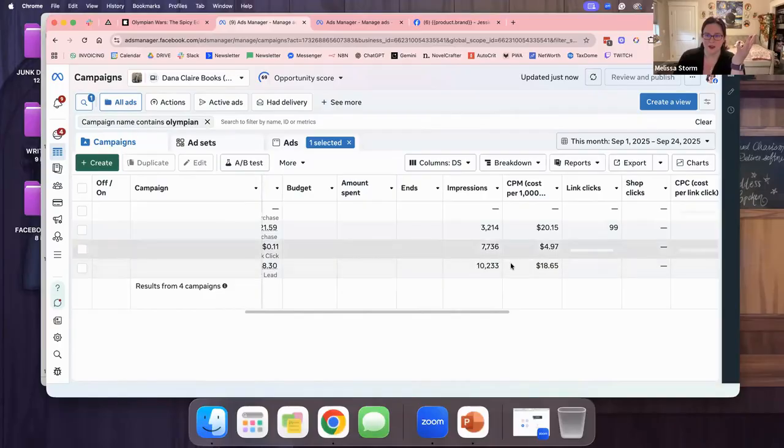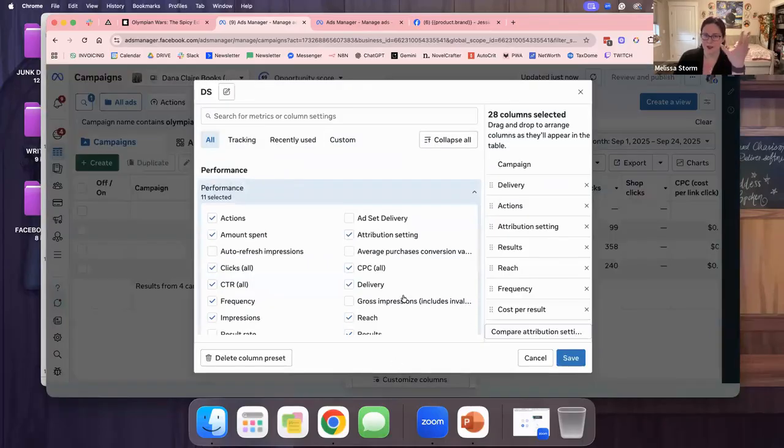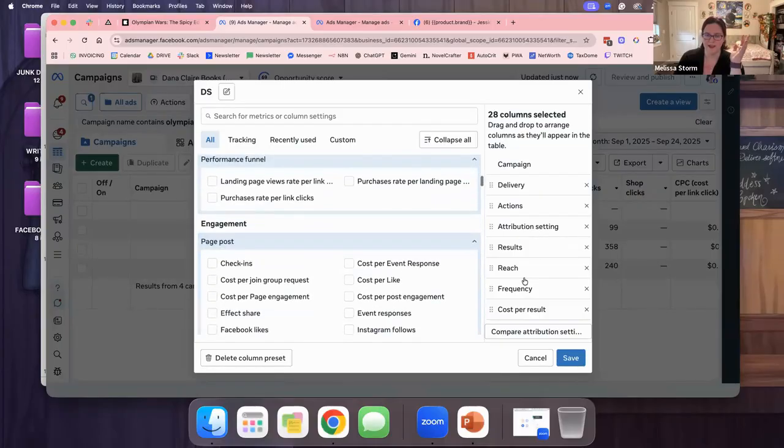And if we scroll all the way over, you can see that I have custom columns set up. So if you want to see direct sales information, you can come into your Facebook columns and you're going to add